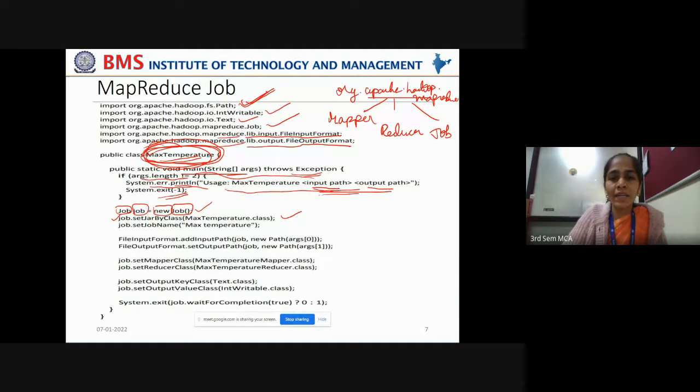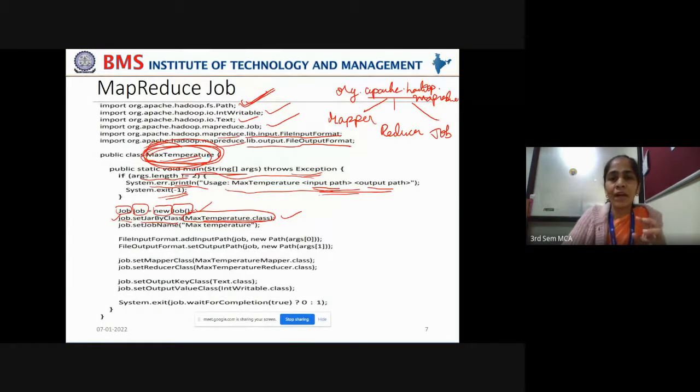So you are creating a jar file in order to transport the class file onto various nodes on the HDFS cluster, right? So you are taking the job object and invoking this method setJarByClass by creating the class file of this MaxTemperature Java class.